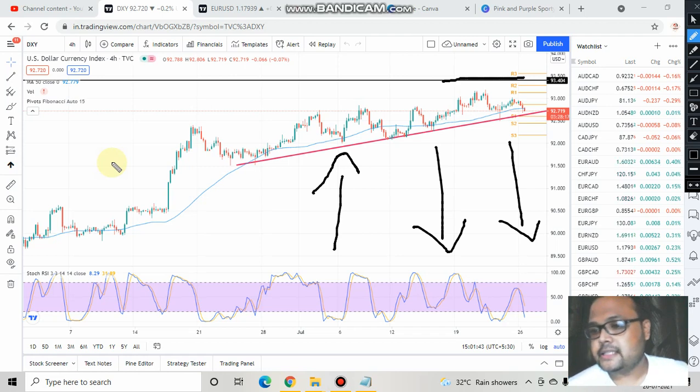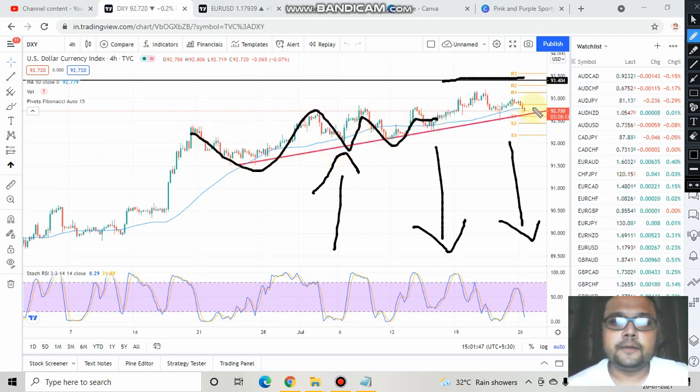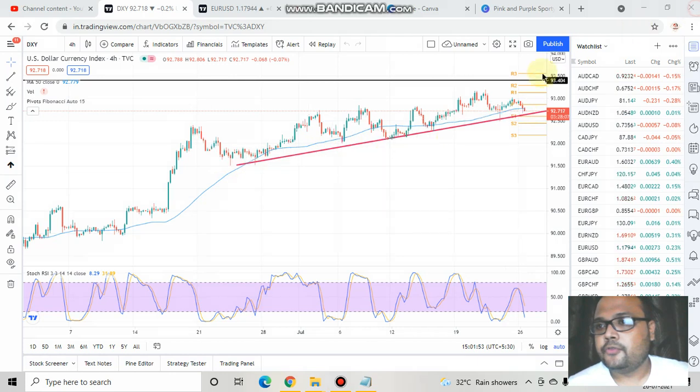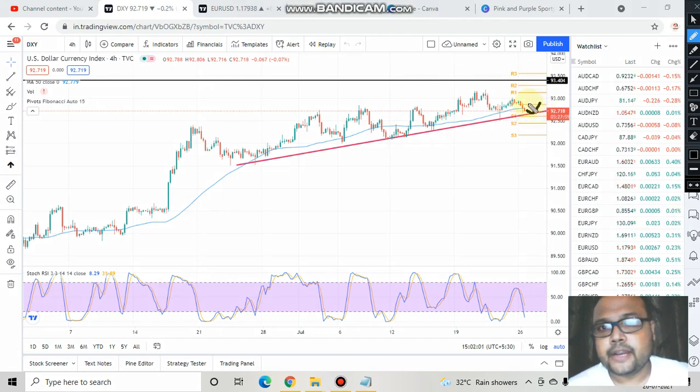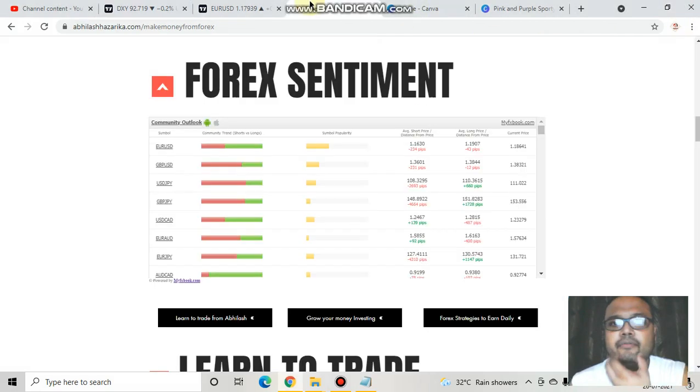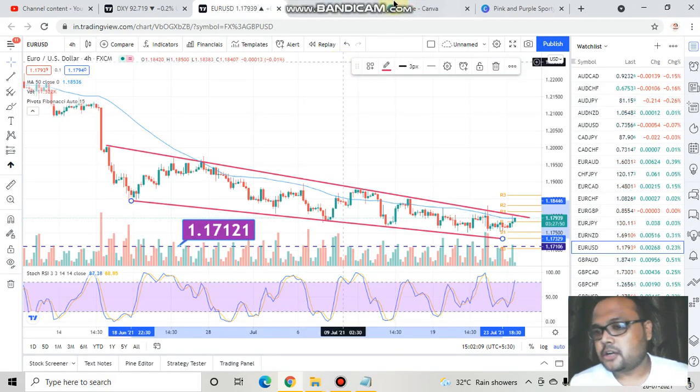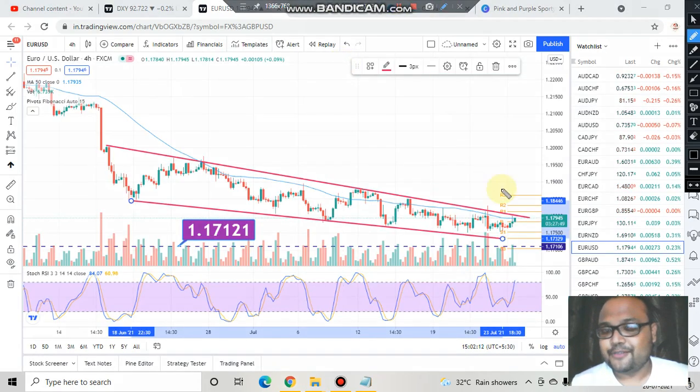And you can clearly see on the chart that the US dollar is going upward in a good manner, taking support from this trend line. Hopefully again it will take support at the trend line and go up. And if it bounces from the trend line again, then you will see some selling pressure in the Euro USD as well. So again, coming back to the chart of Euro USD,